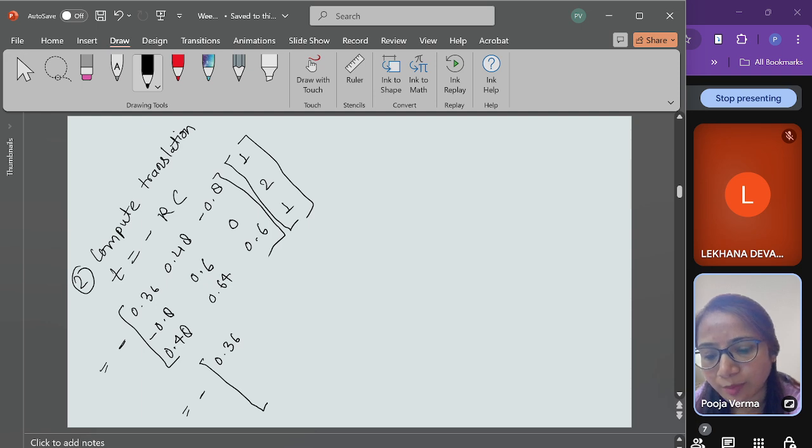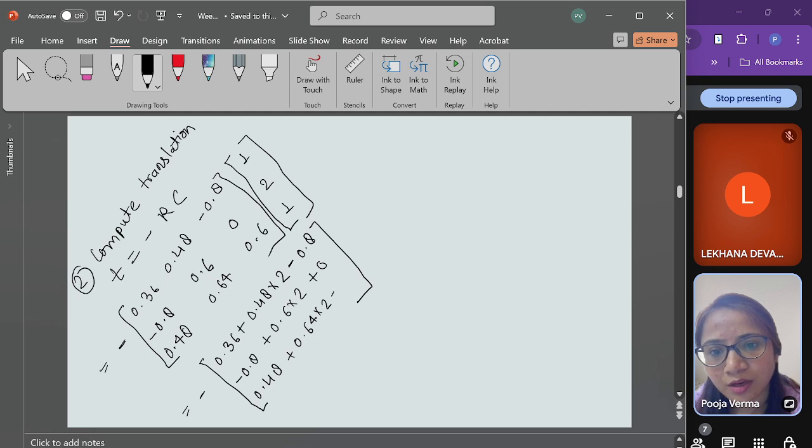Similarly 0.48 multiplied by 2. So again here plus minus, so I'm just directly writing 0.8 multiplied by 1. Okay, so now next one also 0.8 into 1 and 0.6 into 2 plus 0, 0 into 1. Similarly 0.48 here plus 0.64 into 2 plus 0.6. Further you will add all those values, you will get 0.52,